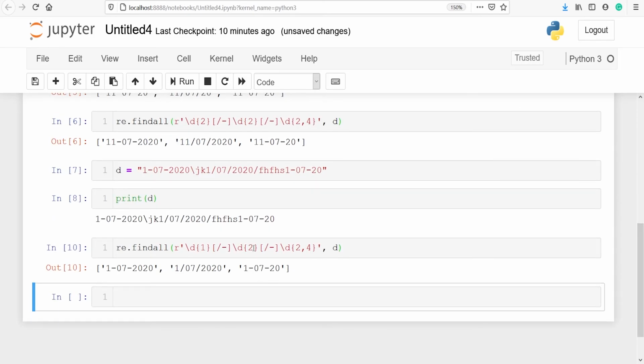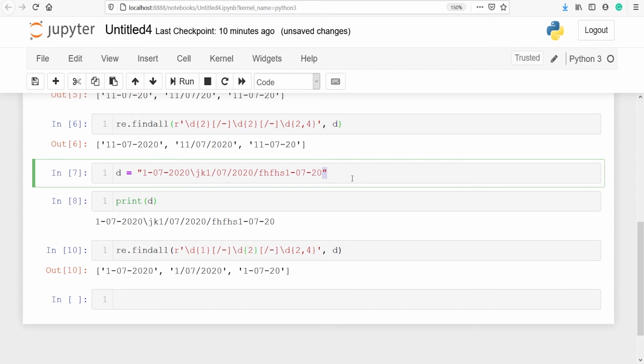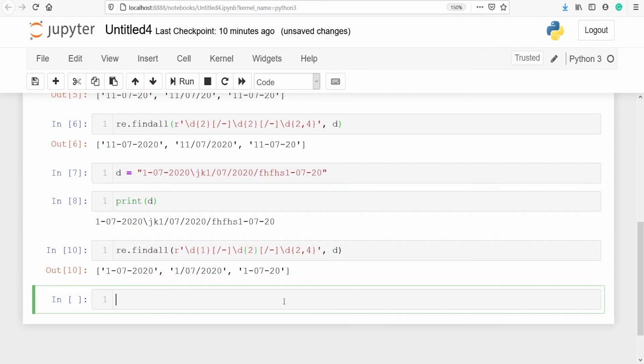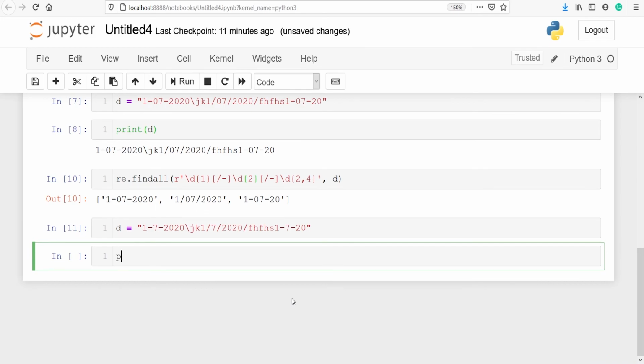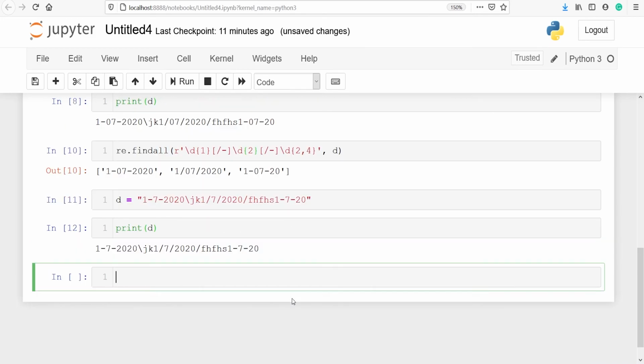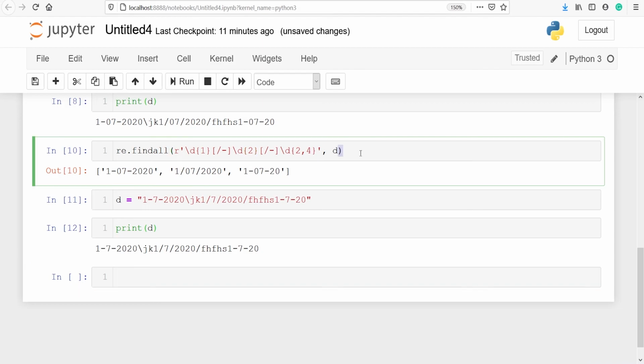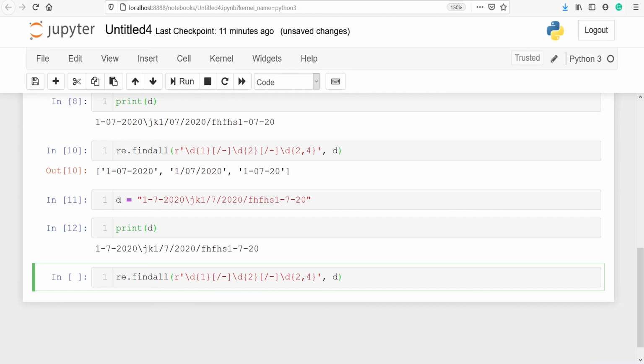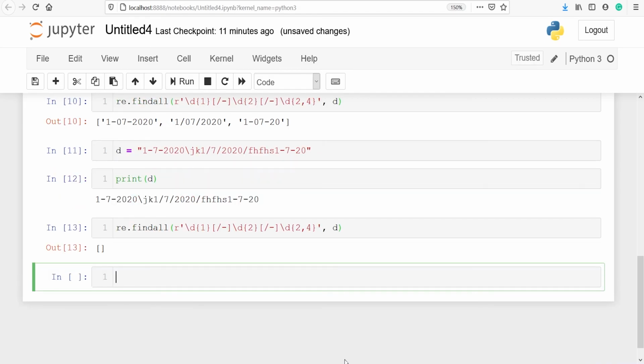And here also we can make changes. I'll copy this code from here. I'll paste it here, and now I will just remove 0. From here also I will remove 0. Here also I will remove 0. Let's print our variable d. Now I will copy this code. I will paste it here. Let's execute our code. In the output you can see that we got a blank list.